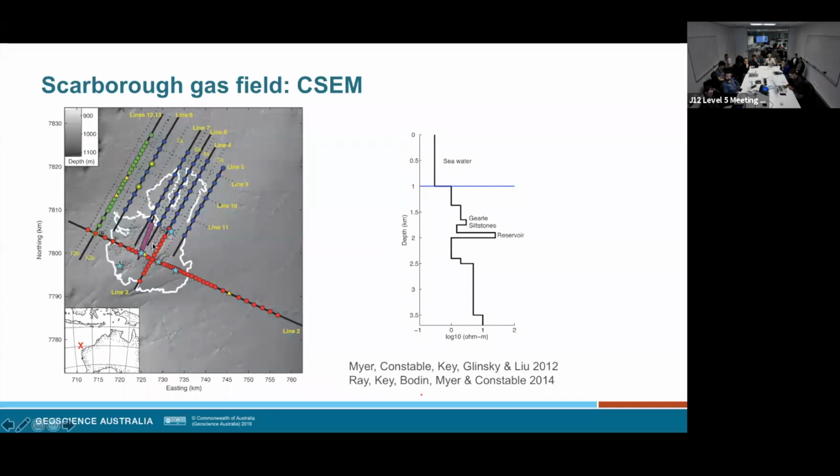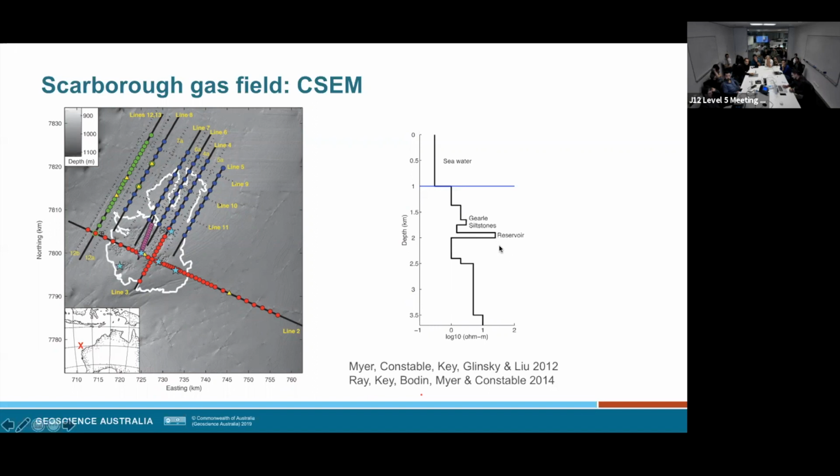So anything within this is hydrocarbons, anything outside is not, or not commercially viable. And this is a resistivity profile within the Earth, and it's a bit of a shame and a bit of a good technology demonstrator, because these siltstones over here, from what I understand, are quite resistive. And a hydrocarbon reservoir is also resistive.